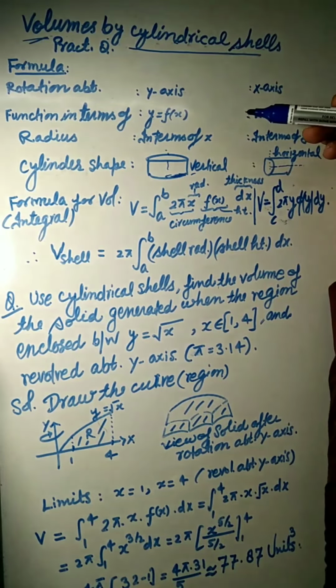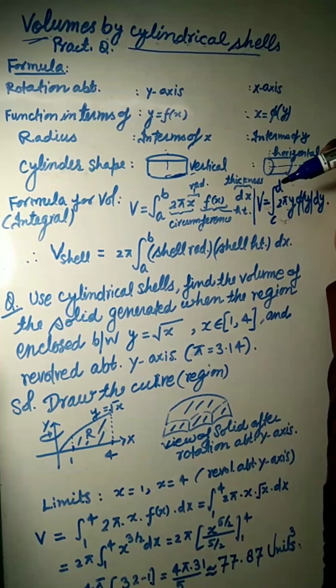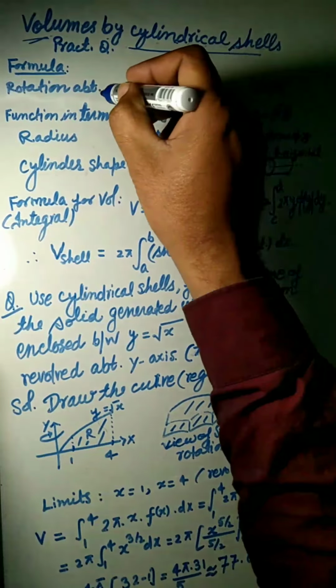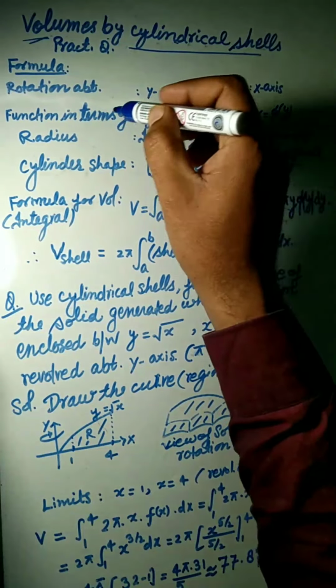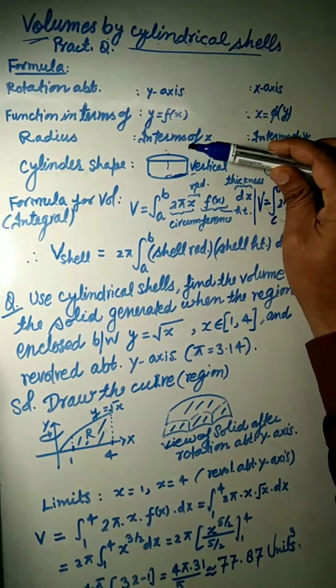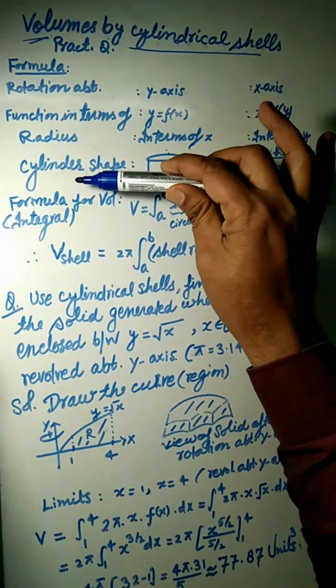Now we will discuss volumes by cylindrical cells. We have some practice questions. For that purpose, we are taking some formula. If rotation is about the y-axis, function in terms of y equals f(x) and radius in terms of x, the cylindrical shape